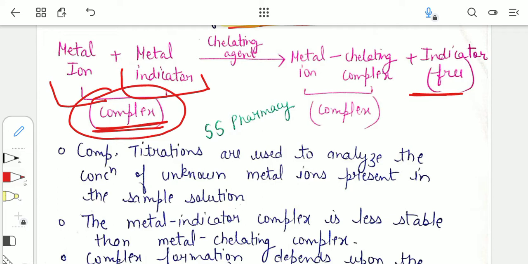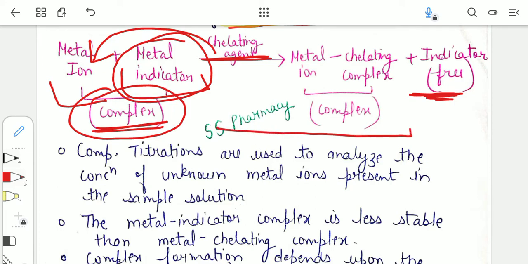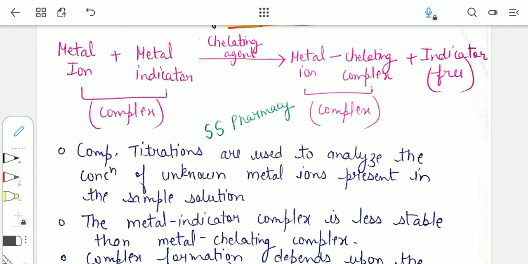After the titration, our chelating agent replaced the metal ion indicator and itself formed a complex with metal ions, and our metal ion indicator became free. When our metal ion indicator becomes free, the color of the solution will be different. This change in color will represent the endpoint. I hope this principle is clear to you: whenever the indicator is in a complex, it has one color, and when the indicator becomes free, it is of a different color, and that change in color represents our endpoint. This is the basic principle for our complexometric titrations.